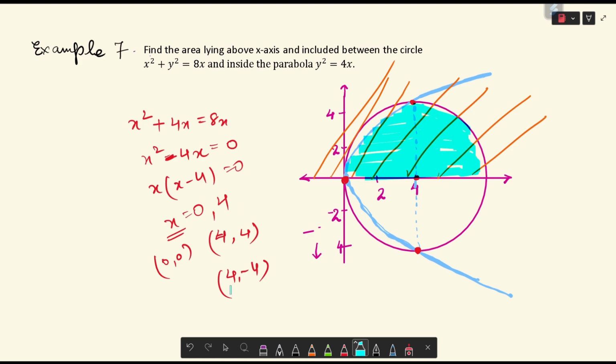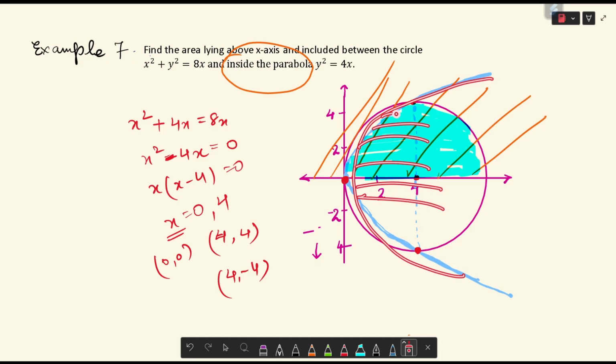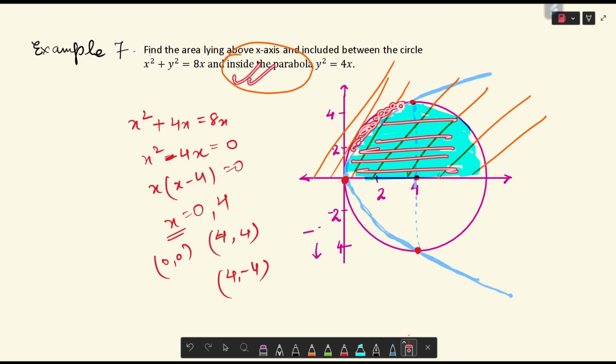and the another thing is, मैंने ध्यान नहीं दिया, यहाँ पे लिखा है इनसाइड द पैराबोला, पैराबोला के अंदर। तो पैराबोला हमारा हो गया ये वाला, पैराबोला के अंदर तो हम सिर्फ यहाँ रह सकते हैं। ठीक है, तो ये वाला एरिया नेग्लेक्ट हो जाएगा, मतलब ये वाला कंसीडर नहीं करेंगे क्योंकि इसने बोला पैराबोला के अंदर रहना है हमें, इसलिए हमने इधर वाला कंसीडर किया। सर्कल से भी बाउंड करना है तो सर्कल यहाँ की बाउंड्री होगी, पैराबोला यहाँ बाउंड्री होगी, और एक्स से ऊपर का लेना तो ये बाउंड्री हो जाएगी।